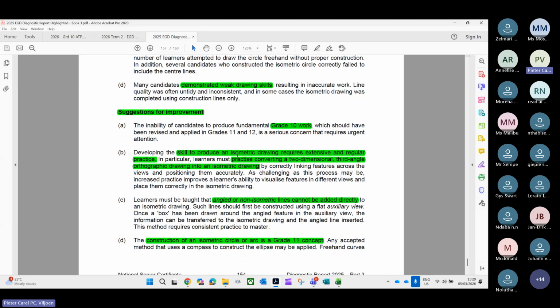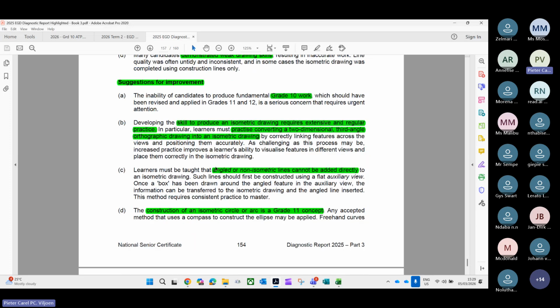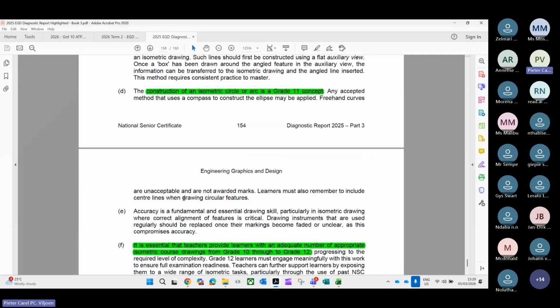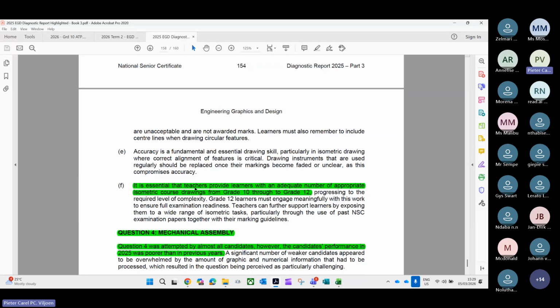Skills to produce an isometric drawing require extensive and regular practice exercises. Practice converting two-dimensional third angle graphic projections into isometric drawings. That is exercises, examples. Angled or non-isometric lines, grade 10 content. Construction of isometric circles, that's grade 11. It is essential that teachers provide learners with an adequate number of appropriate isometric